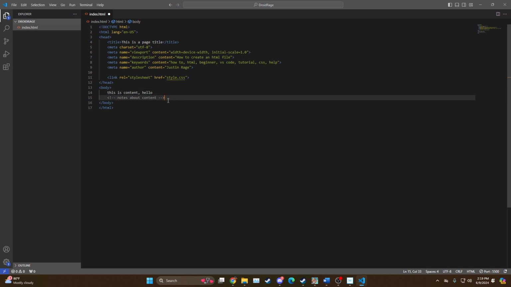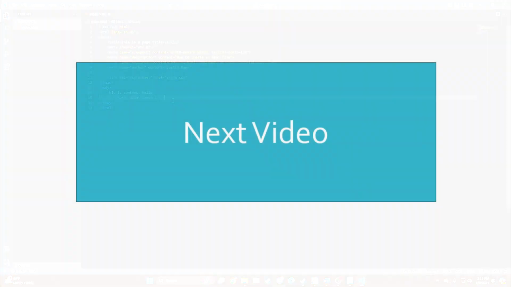This is really useful for not only setting up notes for yourself in the future, but if you're sharing a website or any other kind of coding content with others, notes will help them recognize what you're typing and what certain things do. So that's the difference between an HTML element and a tag, and how to quickly make comments